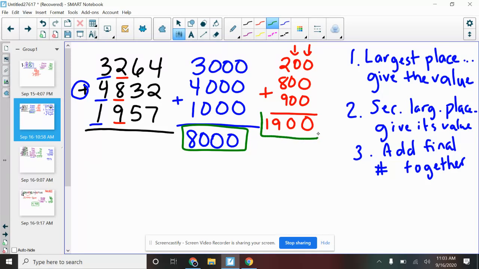This 1,900 was my other final number. And now I'm going to add these together. Now, if you can add that in your head, great. But it could be hard to add those together in your head. So just rewrite it, 8,000